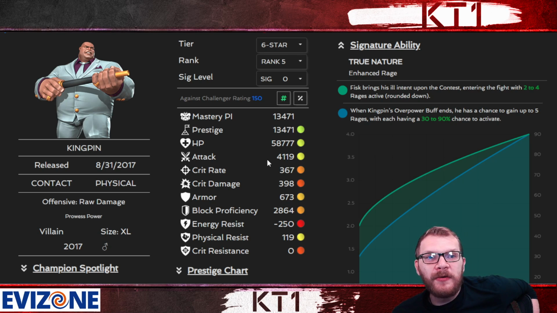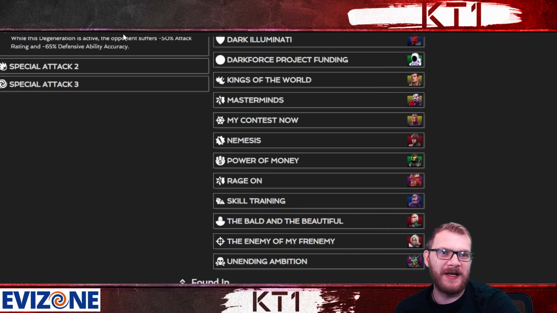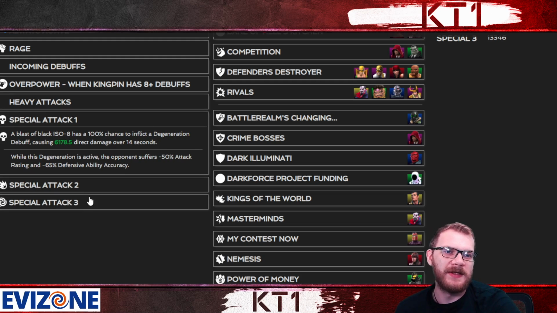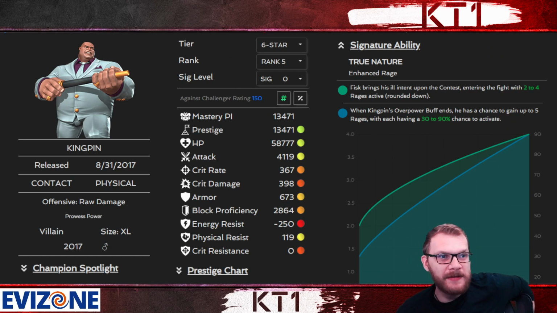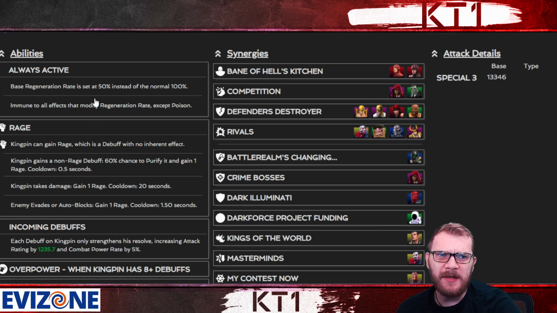He's incredibly versatile. And that obviously comes due to his debuff shrug, increased combat power rate, his opponent's defensive ability accuracy reduction, and attack reduction on his level 1s, his access to unstoppable, all that other good stuff. He just works. And he's a much, much tougher defender than most people give him credit for due to his increase in combat power rate. So if your offensive champion relies on debuffs, you can forget about it. They're going to take forever. You're never going to win a fight with Scorpion or most of the Science champions against Kingpin. And then, even if you do have a solid option, Kingpin will still take time to